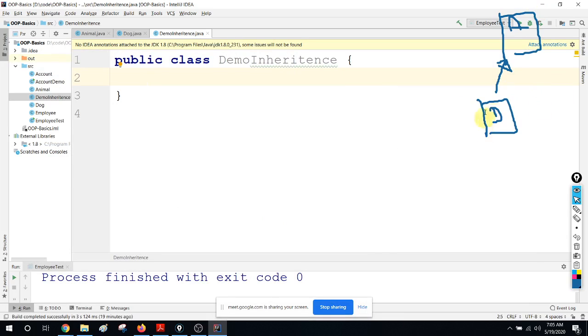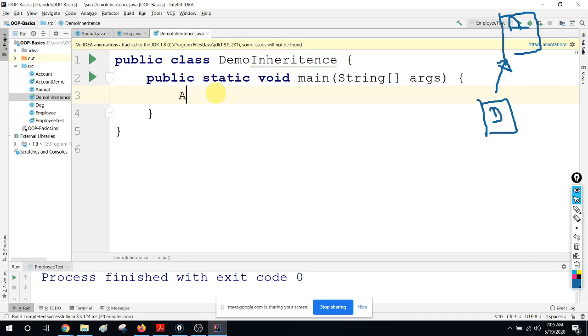Right, so I have the dog class now, and also the animal class. The dog is an animal, so how do we model that? We extend from animal. Now let's create the main method, psvm. Let's create an animal object first: Animal a1 equals